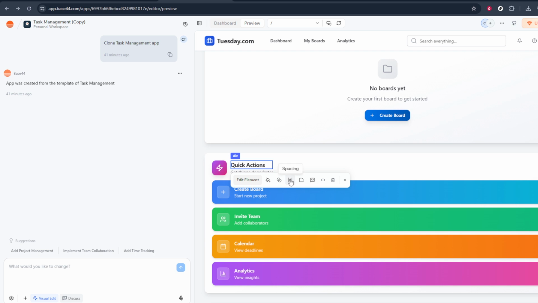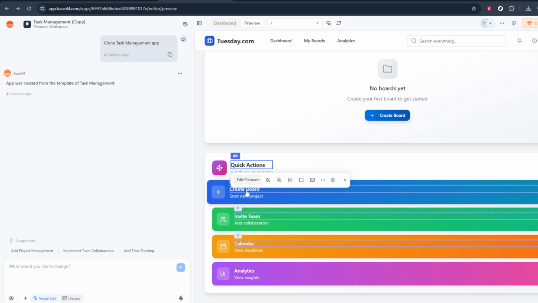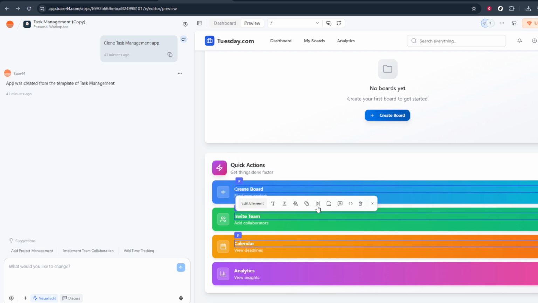Once you're in Visual Edit mode, move your cursor over the page and select the element you want to adjust. This might be a whole section, a container, or a specific block that needs more space around its content. Click on that element so it becomes active. You'll usually see some kind of highlight or outline appear around it, and options should show up in a side panel or toolbar. Take a moment to double check you've got the right element selected, especially if several sections look